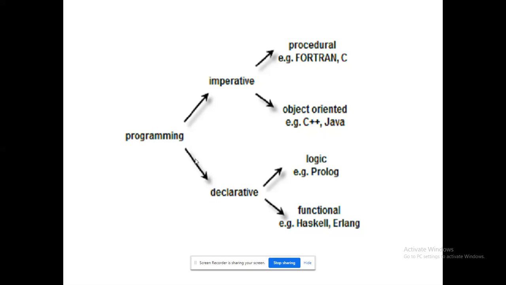But when you are coming to imperative, a set of functionalities will be available as a complete API. So you have to call that API and call that method, and you need to work. That is the main idea behind imperative and declarative. Even in imperative, you have two classifications: procedural and object oriented. Procedural means you have to do it in a proper way. You should not skip something. But in object oriented, it is customized. You can skip between things and organize in your own way. You can customize it in your own way.